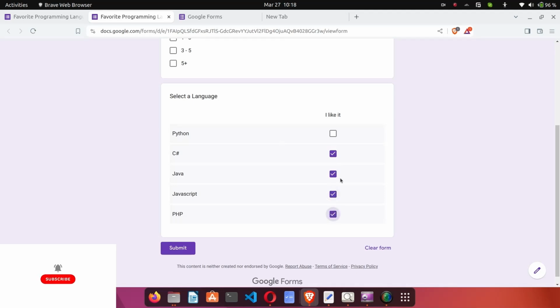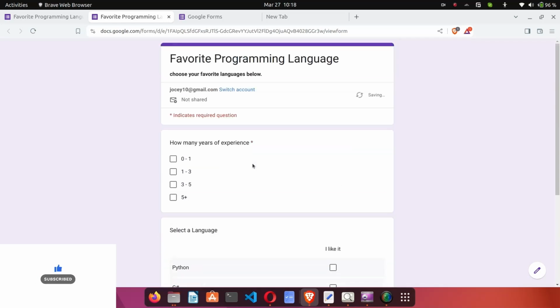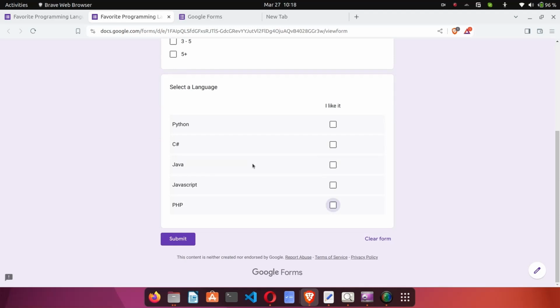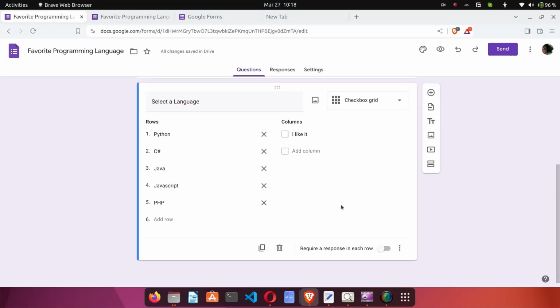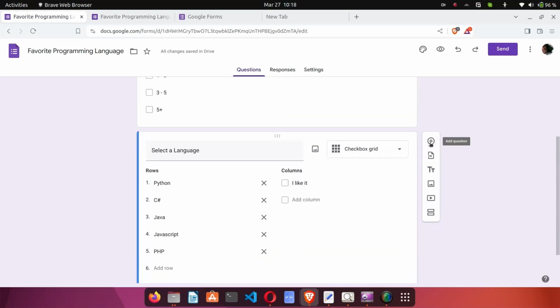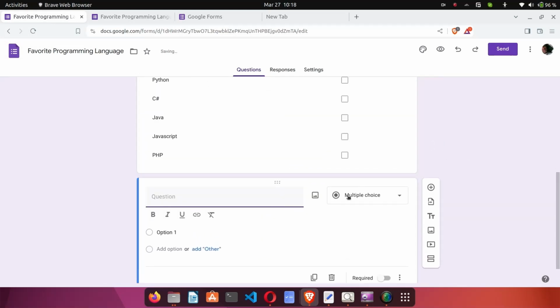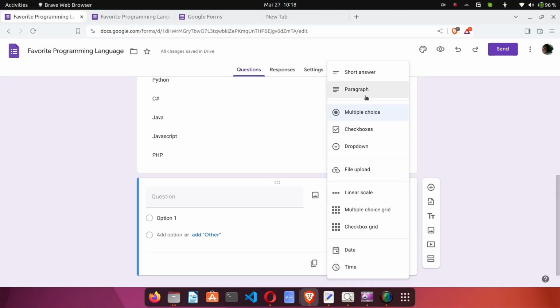Wow, this is pretty cool. So I think this looks like what we need. Okay, so after previewing the form, I can go back to customize it or add more questions. Okay, and then I can click on this icon here to add a new question, and this can be a